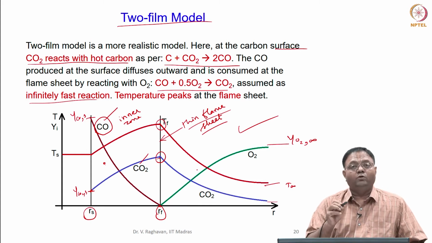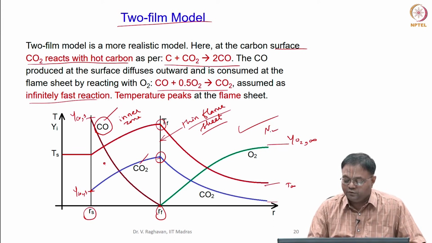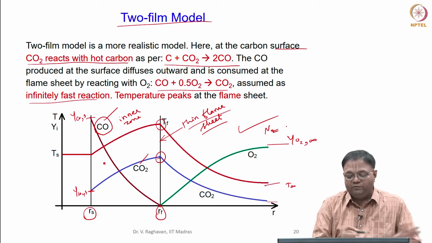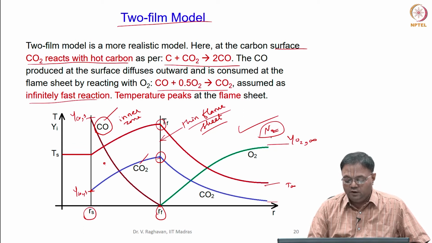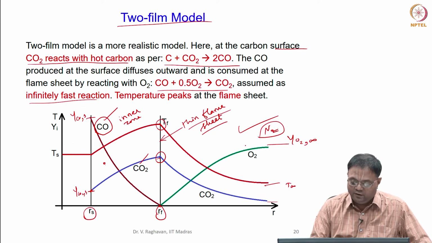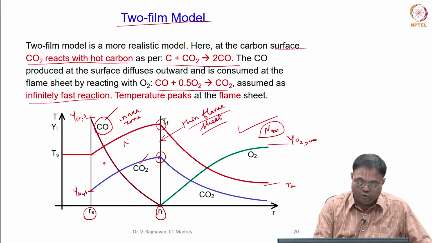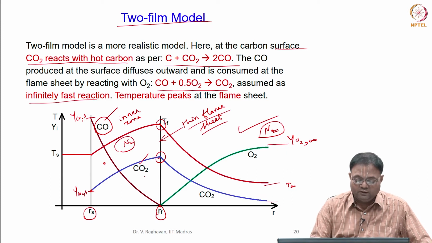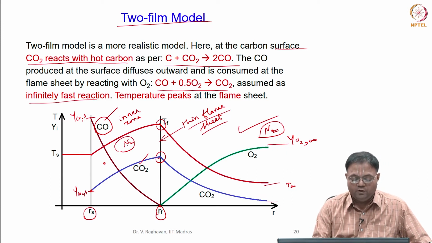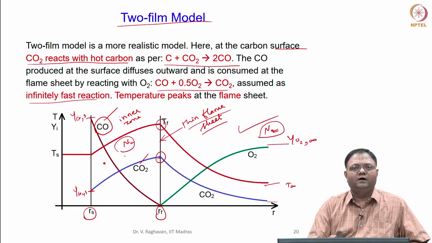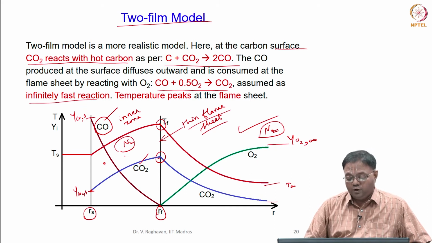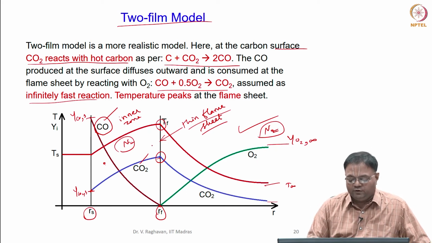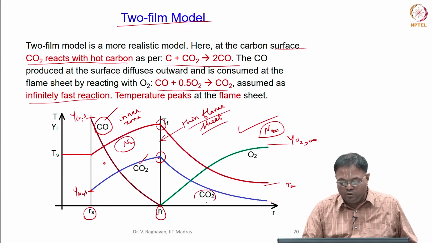One more thing is nitrogen also is present. Nitrogen will be everywhere. That is another complexity in this. When you use air, nitrogen will be there. Nitrogen will not be consumed here, so nitrogen will be here and also here. Due to the presence of nitrogen, there will be some oscillations for oxygen and CO. But nitrogen is inert, so it will not participate in any reaction, but it will be there in both the zones. Okay. If you do not consider nitrogen, the other species are only two species here.